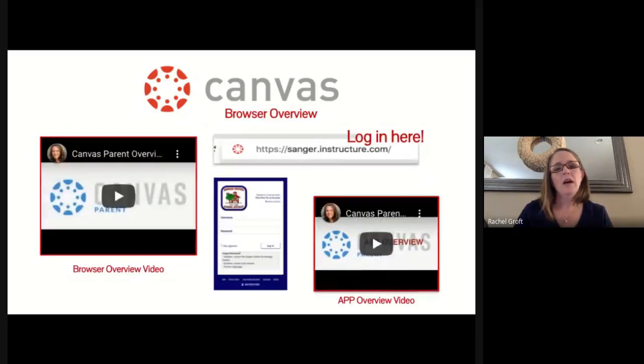So if you're logging into the parent app, if you have a parent account, let's just put it that way. If you already have one, then what I'm saying doesn't really matter because you already know how to get there. If you don't have a parent account yet, you can sign up for one through the website, which is listed right there on the slide. It's sanger.instructure.com. If you were to go to canvas.com, it would not work because Canvas is an international company. There are thousands of school districts that use it, so we have to log into our Sanger specific